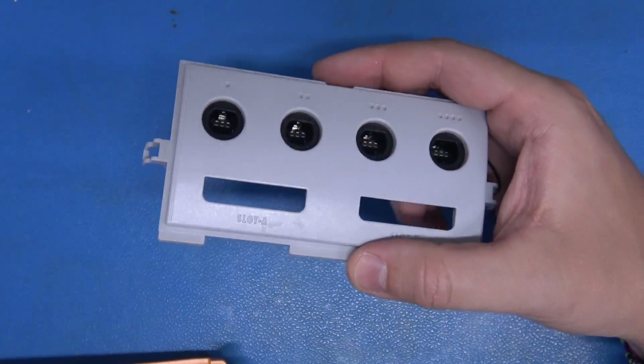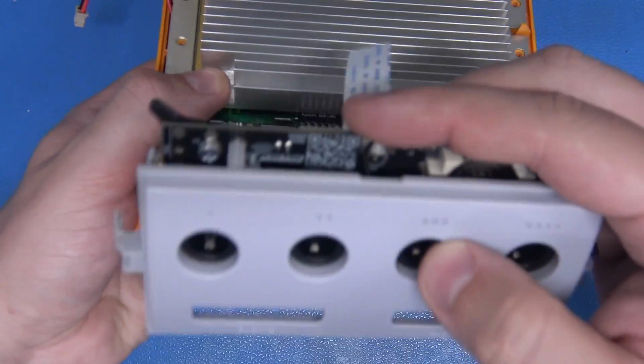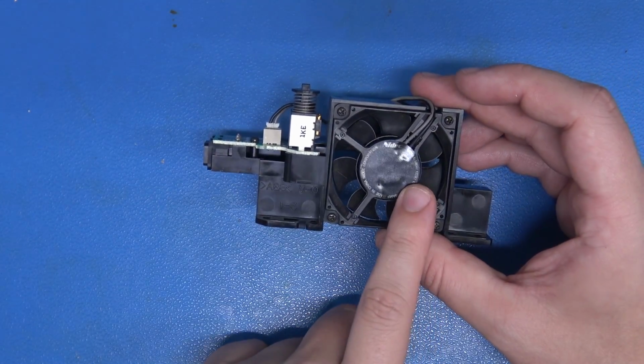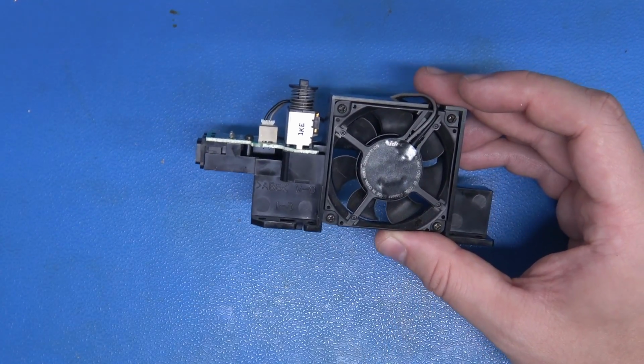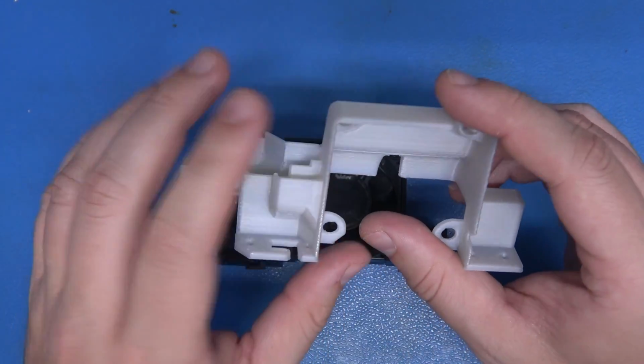Now typically at this point we would just go ahead and take our front face and put it back into our GameCube and button this up, but we're not quite ready to do that, so we're going to set this to the side. That is because we are going to be taking the stock housing with this very loud fan, and we're going to be replacing it with a housing that I've printed, also courtesy of Greg Collins here of Laser Bear Industries,